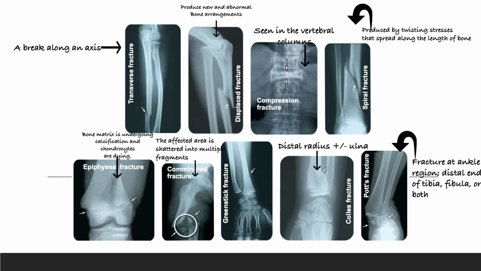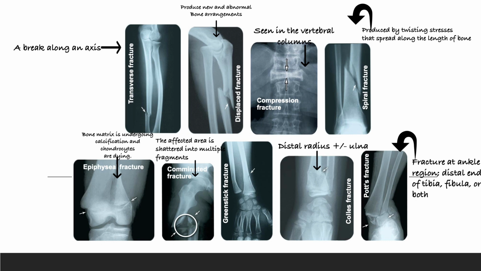We see the transverse fracture, again, a break along the axis. The displaced fracture, you can see that the bone ends are not meeting. You need to put the bone ends together in order for healing to occur. This will produce new and abnormal bone arrangements. You can see the compression fracture here. This is seen in the vertebra, the vertebral columns. And you can kind of see the spiral fracture, like I mentioned, produced by twisting